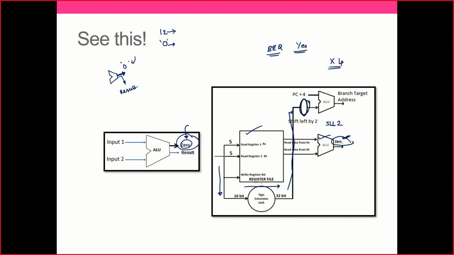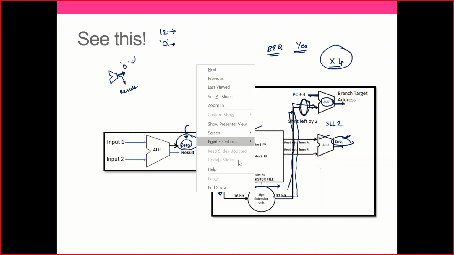Why do you want to multiply by 4? I need to go to the exact address, so I need to multiply it by 4. Now when there is a branch, this input will get activated, and I will feed that input to one input to the ALU, and this is the normal input. PC plus 4 is the normal input. Don't worry about it. We'll talk about it later. Now we will get the branching address computed. Now let me clear the screen and let me tell you this once again, so that you are clear with the understanding.